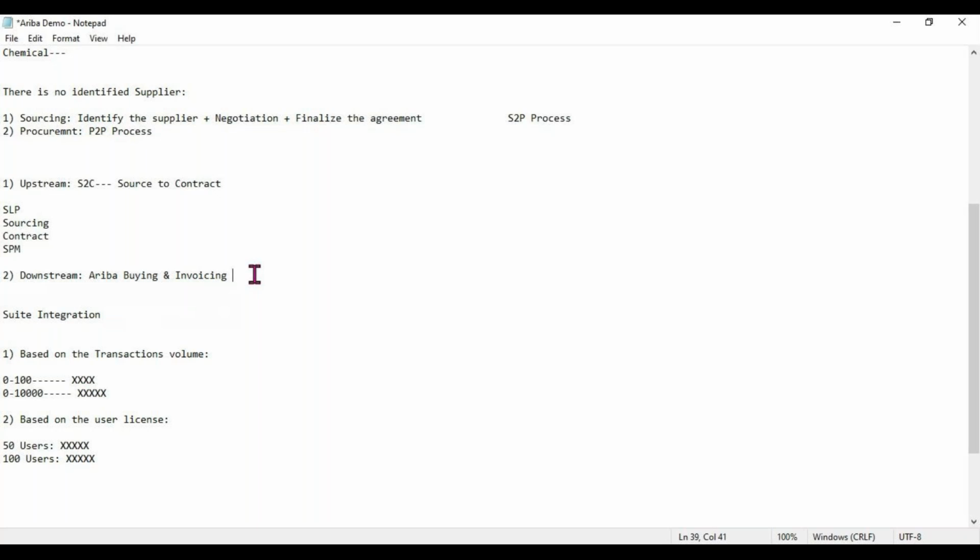So as I said earlier, I was working on one of the projects, and the customer had purchased the entire Ariba upstream license, but their plan was to implement the sourcing module first, and then start the SLP and the contract module. So as a best practice, we suggested to the customer, because SAP has given a 6 month buffer